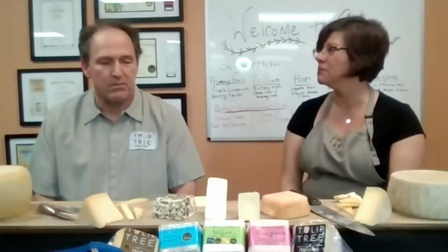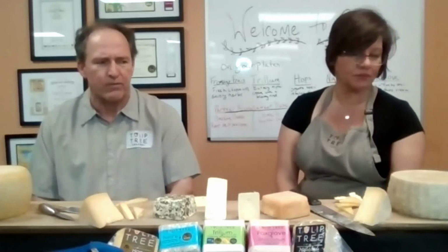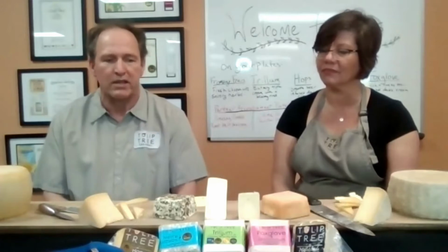And that's especially because it has all this extra cream in it. If you have a cheese with a lot of cream in it specifically, a lot of the flavor of the milk and the cheese is in that fat. So what you want to do is make sure that cheese is also at the right temperature when you eat it. Because it's such a different experience, if you pull this out of a fridge and then immediately